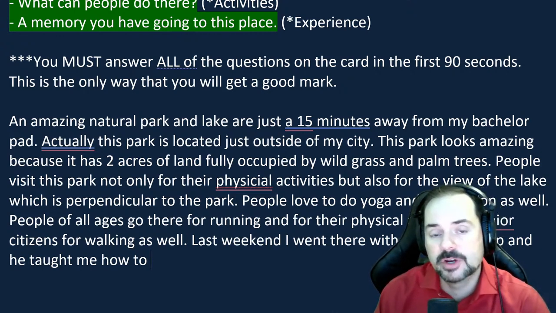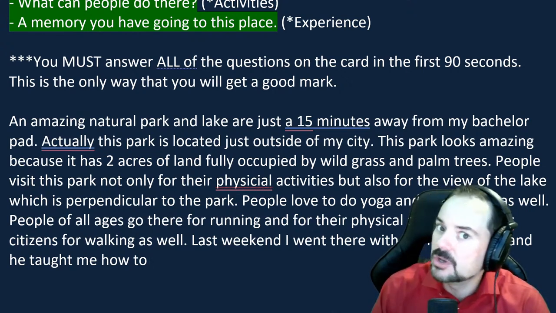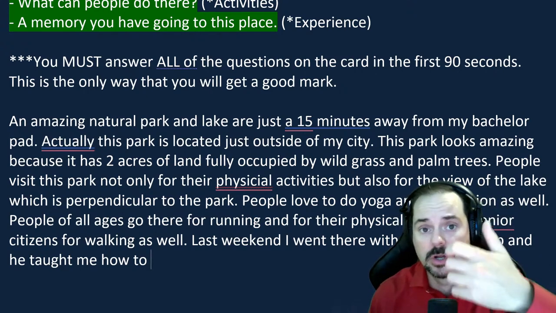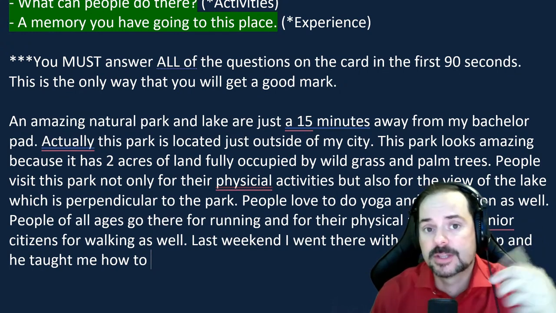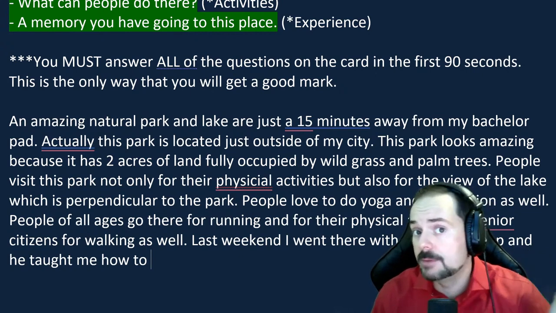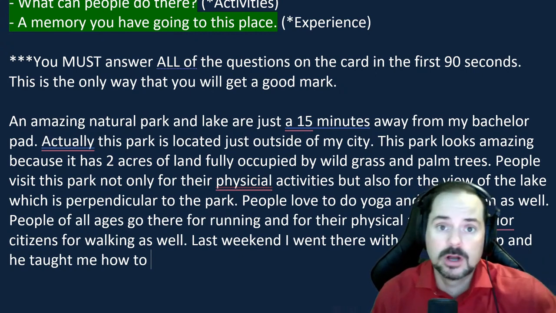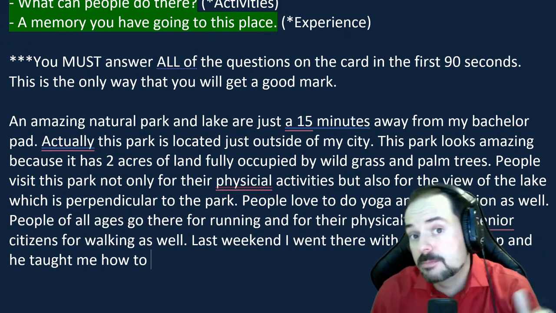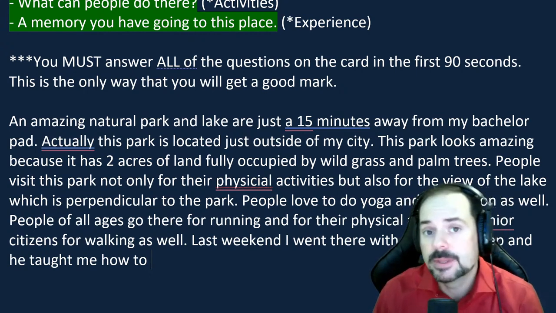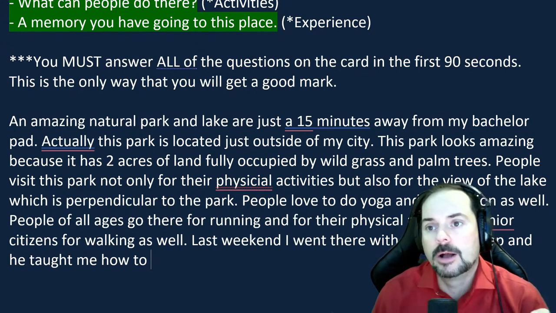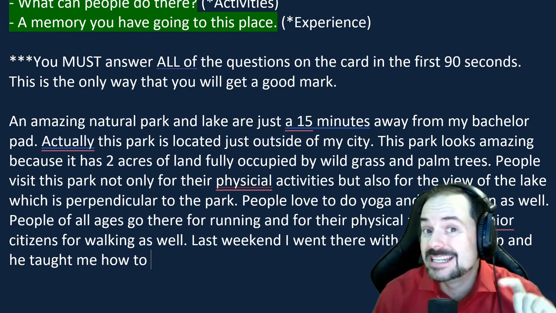So that means that that very last part, the memory of you learning to throw the boomerang, might not have happened in the real exam, because in the real exam, the examiner is literally looking at their stopwatch. So they have instructions that they have to stop you at 2 minutes no matter what happens. They can stop you at 1 minute if you're not making sense, if you're going off topic, if you're just talking gibberish like blah blah blah. They will stop you at 1 minute. But if you're making sense, if you're answering the questions, they will let you go the 2 minutes usually.